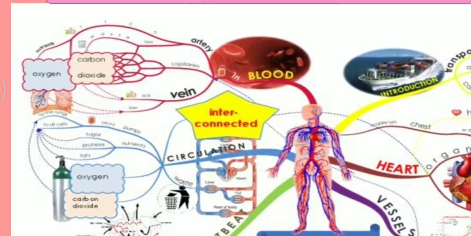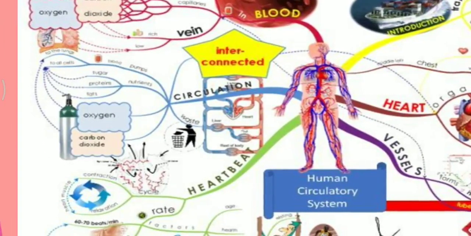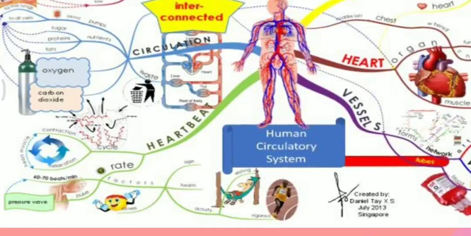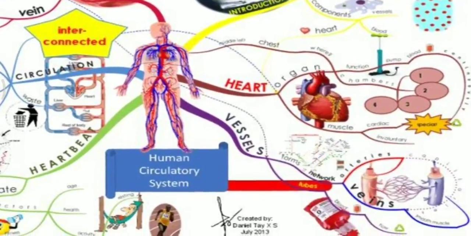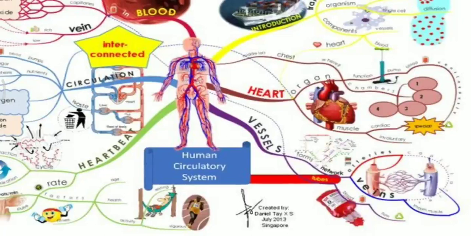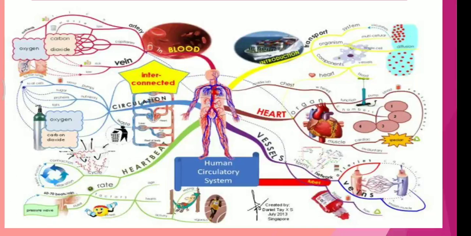See, here blood, veins, arteries, it flows, carbon dioxide and oxygen is exchanged. Here circulation happens just for oxygen and carbon dioxide. Here is heartbeat rate, and here it is pressure. What is the pressure is seen, and here blood pressure is measured. Here again blood vessels, you can see veins, arteries, and this heart. Again here it is 3 different types of blood cells: red blood cells, white blood cells, and platelets.